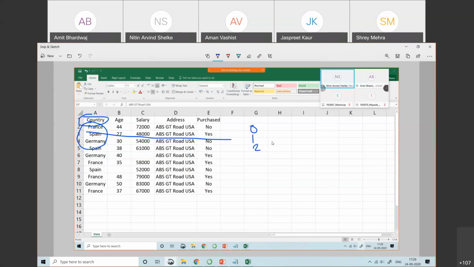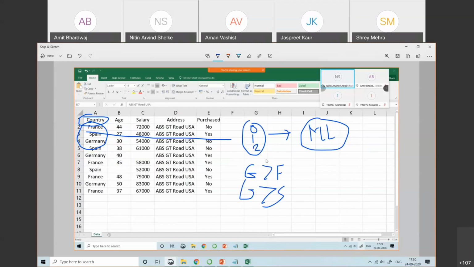Now your ML model tries to compare the countries and analyze some relation, some correlations, like Germany is greater than France and Germany is greater than Spain, and that is not the case. We don't want this kind of comparison, and so that's why we'll move further to one hot encoding. So this is the problem associated with label encoding.